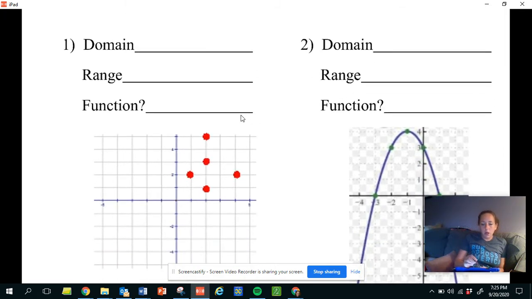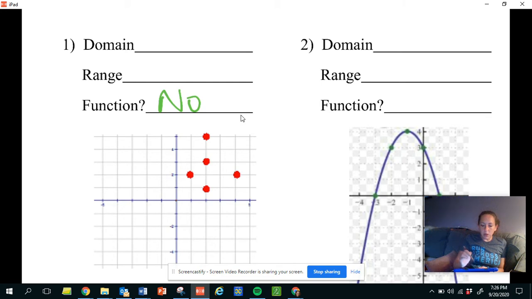So if you remember, the way you can tell if a graph is a function is something called the vertical line test. So if there is anywhere where I can draw a vertical line up and down where it touches more than one point on the graph, then it is not a function. Okay, so you're just looking for anywhere where the x's kind of overlap on each other. For points,